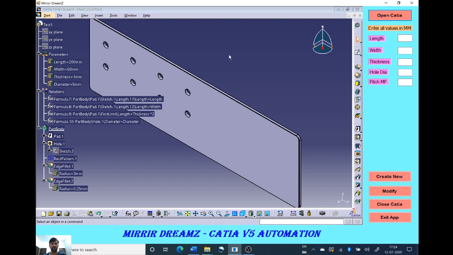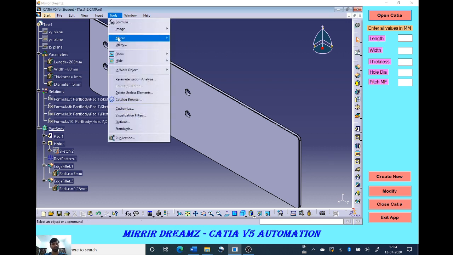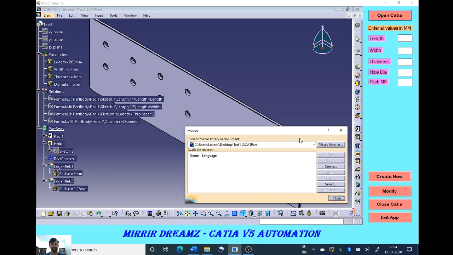I'm going to show how to start macros. As I said before in my previous video, there are 2 options. One is CAD script and the other one is VBA. As I mentioned in my previous video, I'm going to use only CAD VBA. But I'd like to show you how CAD script looks.